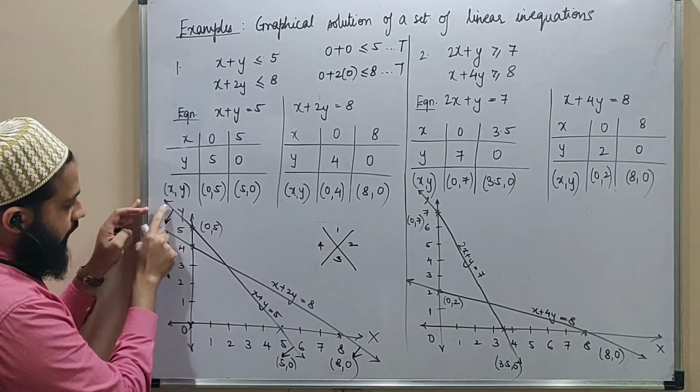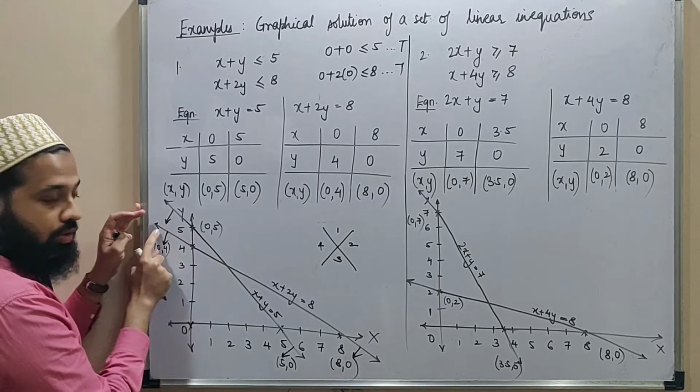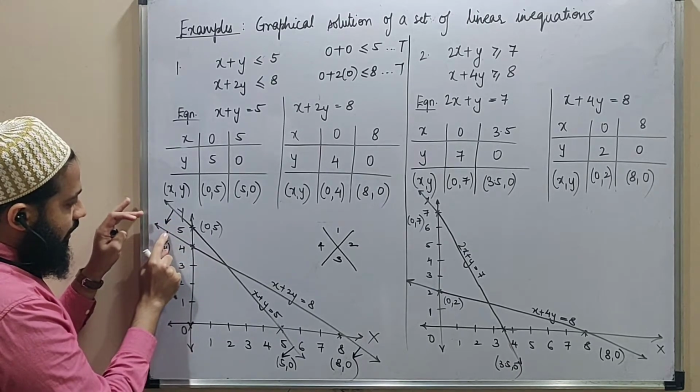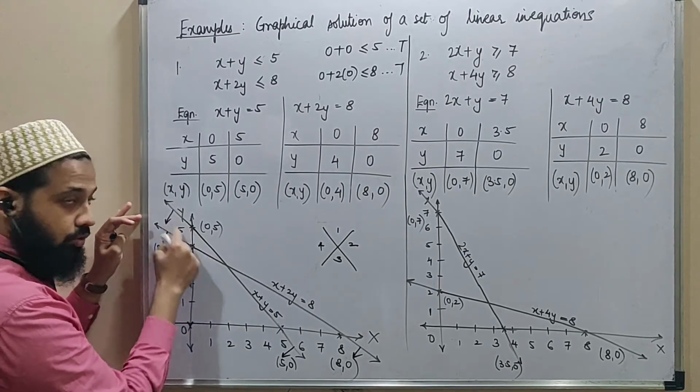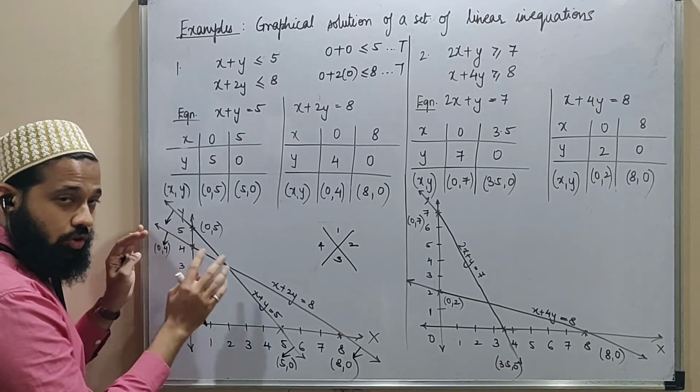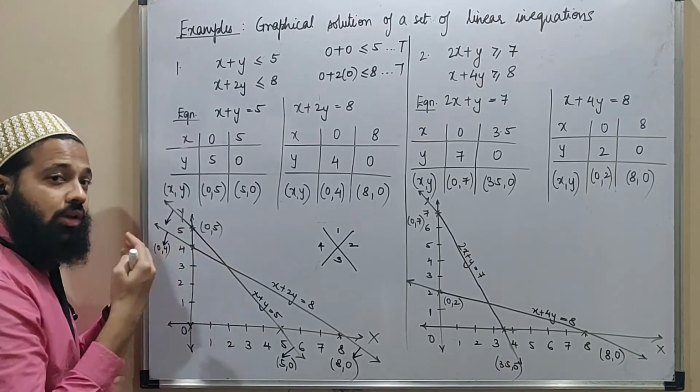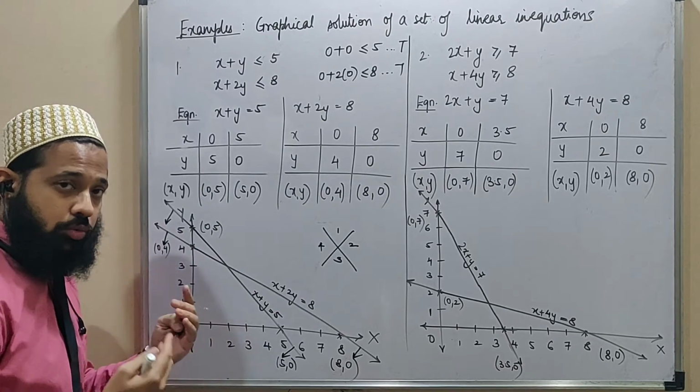Talking about this particular region, this triangular region, only this arrowhead is there. This arrowhead should have been there. अगर ये इस तरफ होता तो ये solution बनता. In this case it is not, so this is discarded. By common sense, only one region is left should be the answer.